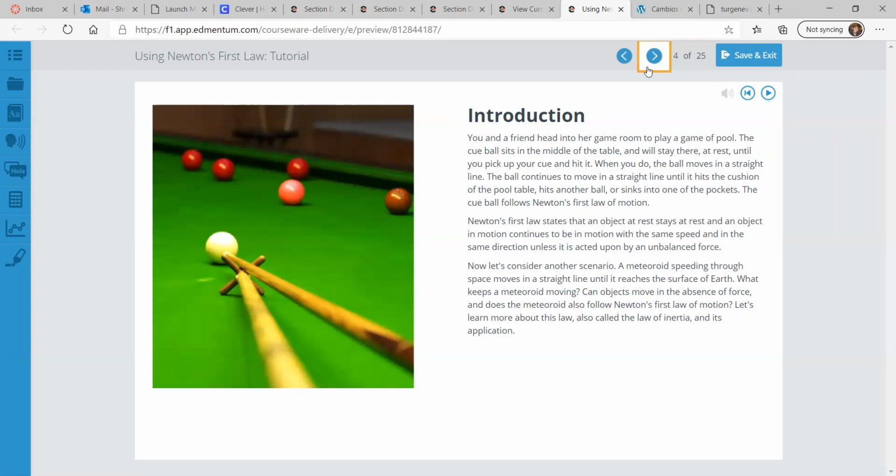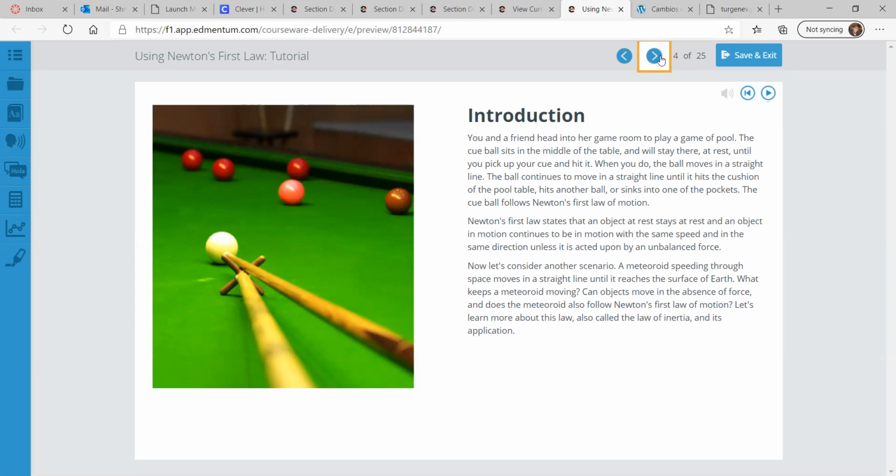So let's consider another scenario. A meteoroid, a little tiny meteor, speeding through space, moves in a straight line until it reaches the surface of Earth. What keeps a meteoroid moving? Can objects move in the absence of force? And does the meteoroid also follow Newton's first law of motion? Well, let's learn a bit more about this law